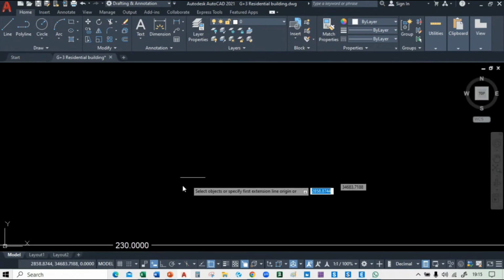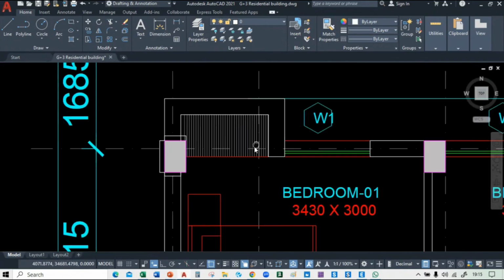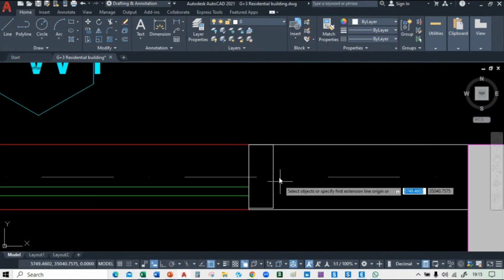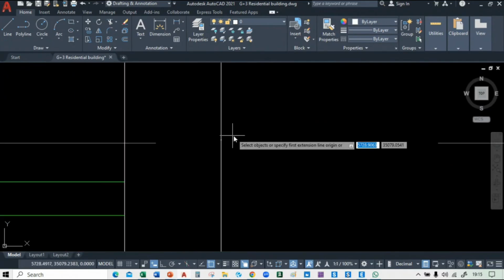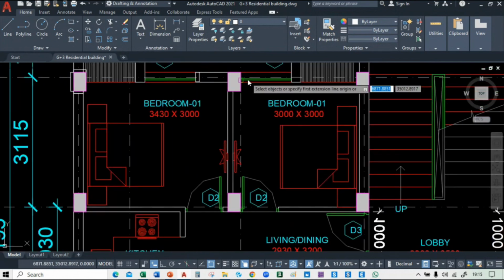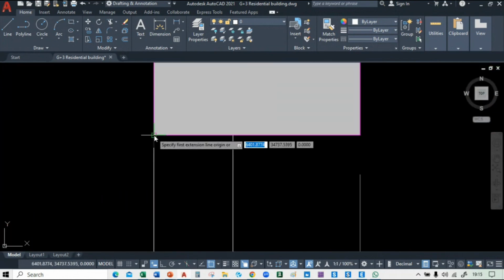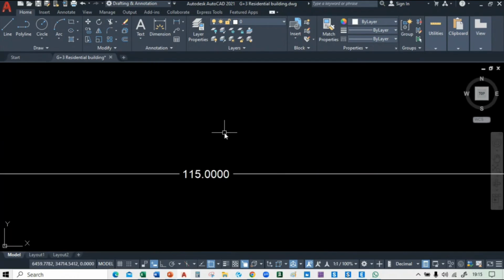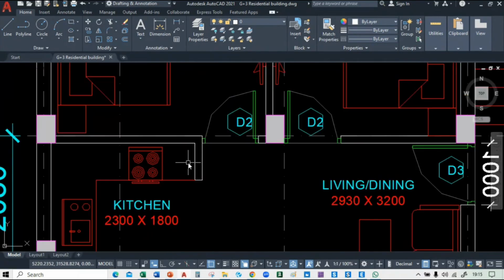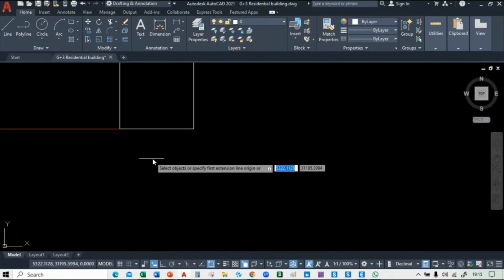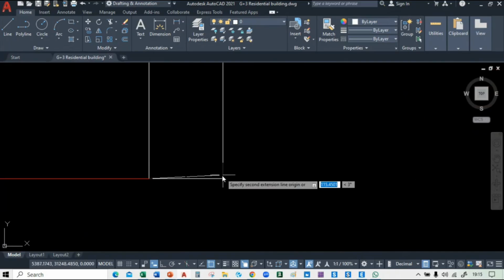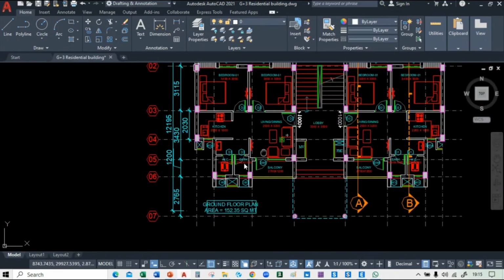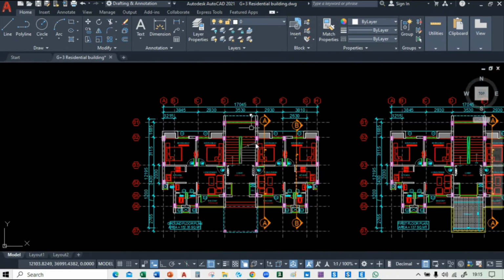So this is 230. Okay, and it's also 230 here. It's also 230, and here it is, I think, 100. Okay, it's 115. So 115 is there, and 230 wall width is there, and it's also 115. Okay, so what we will do, we will print this and we will make a PDF of this drawing,